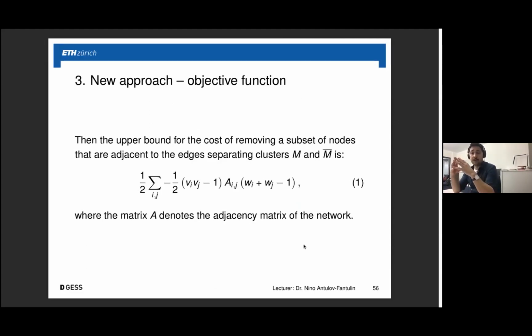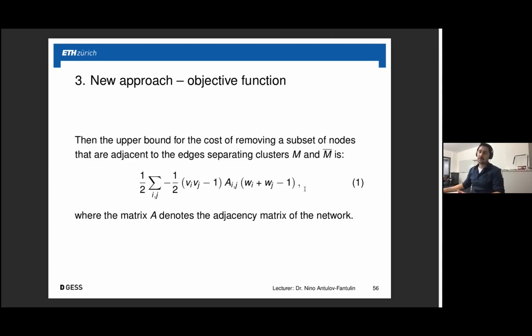Okay. And now, after the problem was introduced, I would just like to say how this problem can be attacked from an optimization point of view. So if you want to partition a network into two parts, you can say separate clusters M and M prime, then you can write the following objective function that would go over all edges. Aij would tell you if they are connected. Wi and wj would say that if you're removing a certain edge, then you're removing both nodes from both sides.